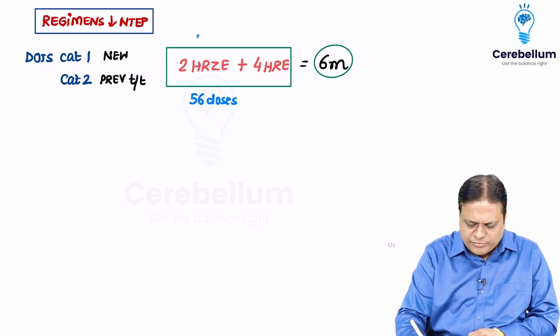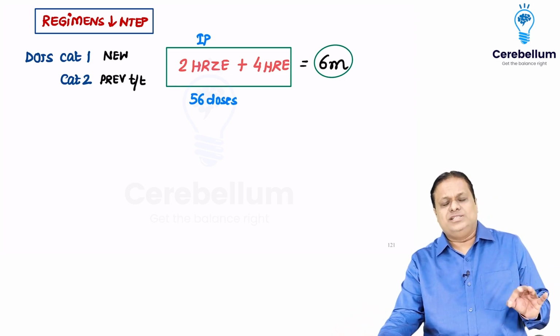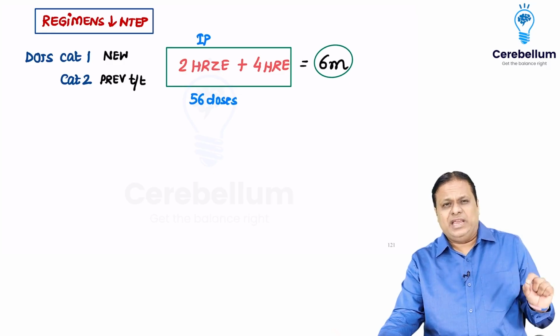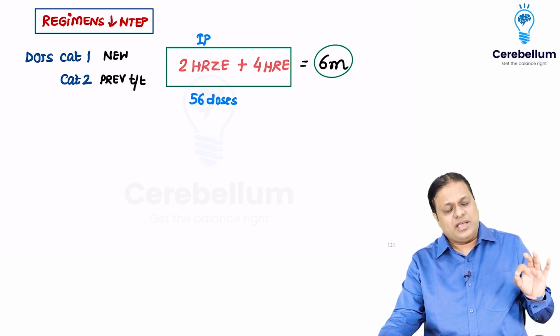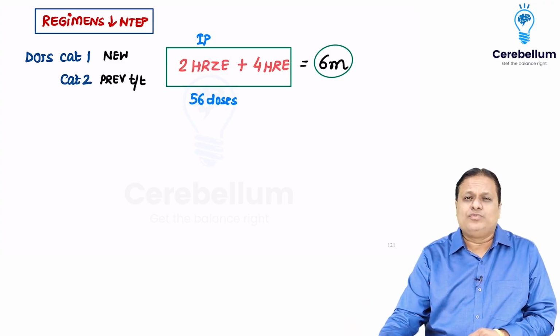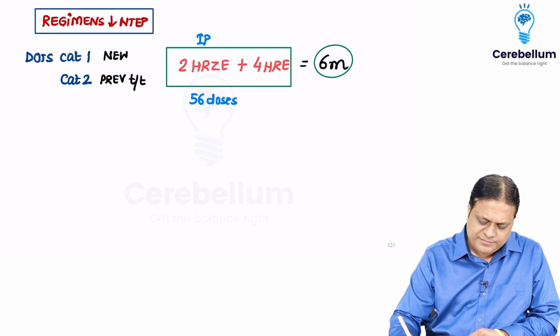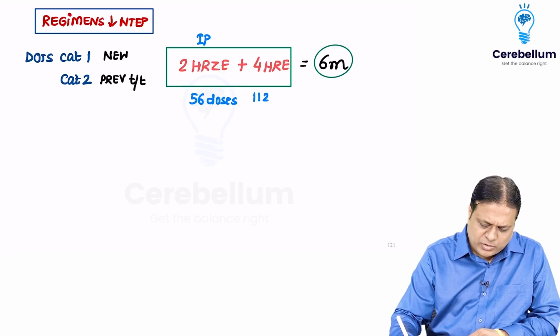This is, we are talking of intensive phase. 2 months into 4 weeks each, 8 weeks, 8 weeks into 7 doses every week, 56 doses. And here 4 months into 4 weeks, total 16 weeks into 7, that is 112 doses